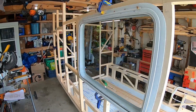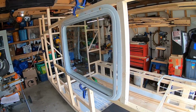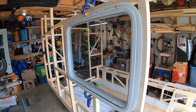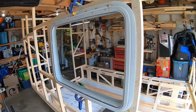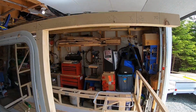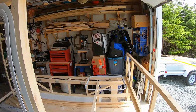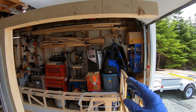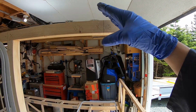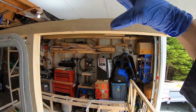Okay, after multiple measurements and remeasurements and measuring again, yeah, that sounds about right. Got the window in. So that's just temporarily put there just to show everybody what it looks like. And up here, this is going to be the last stud in the wall right here. And the curve will be coming somewhere down around here. Not quite sure yet, so I cut this long so that I can trim that later when we build the